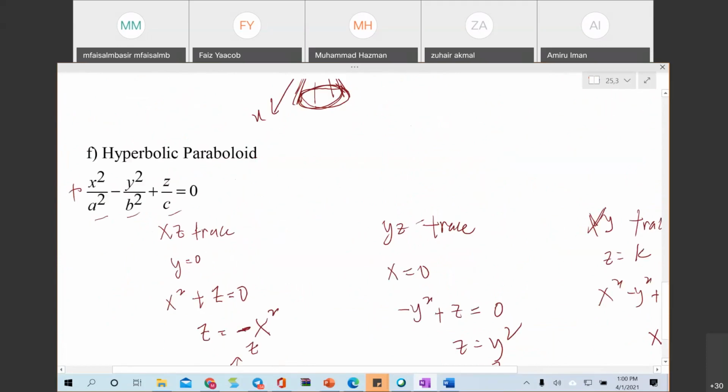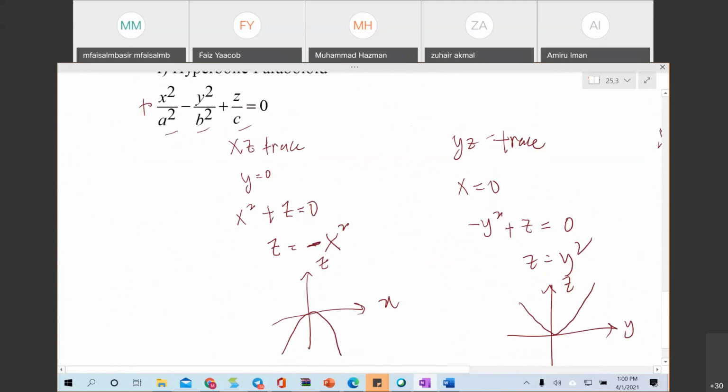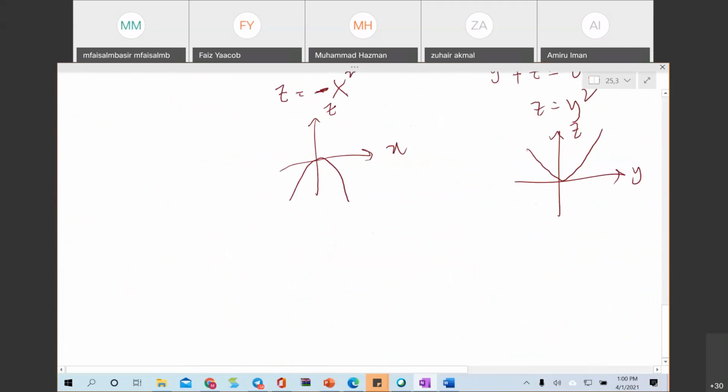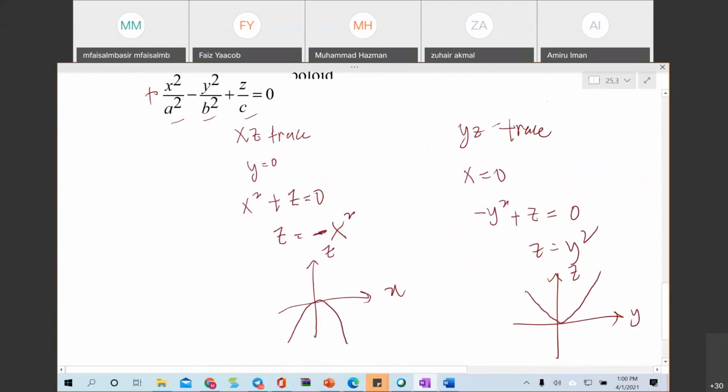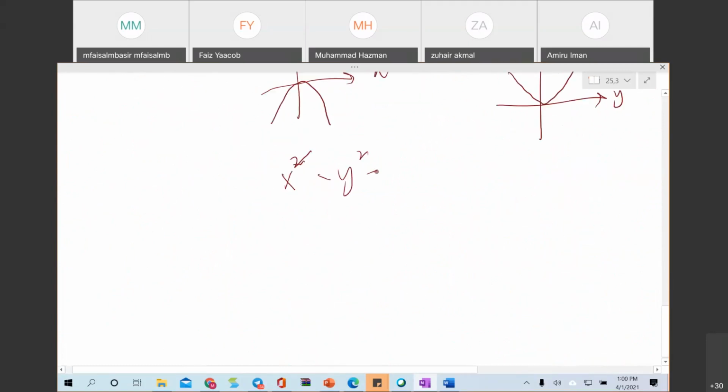Okay, if I put Z equals to 0, what happened? If I put Z equals to 0, you have X squared minus Y squared equals to 0. So I still can draw this to Y, or Y equals to modulus X. I still can draw this, right? Plus minus. So what I will have this